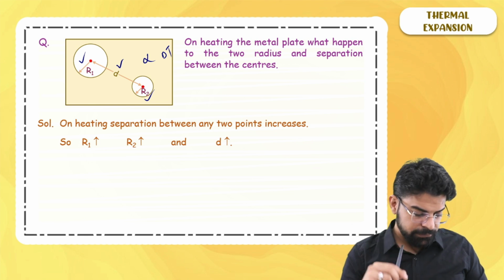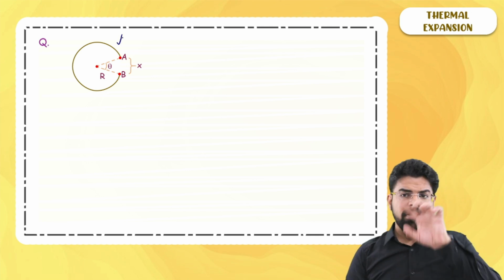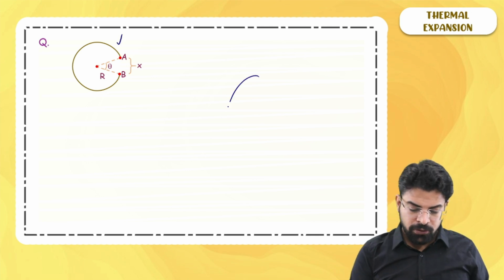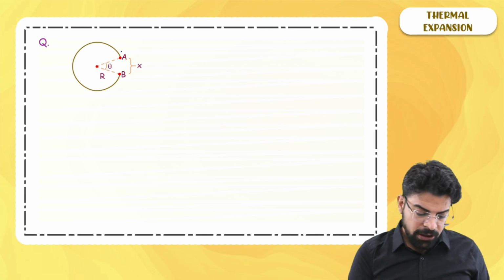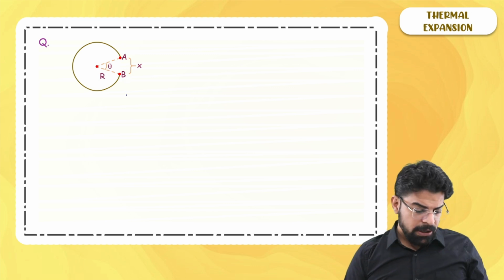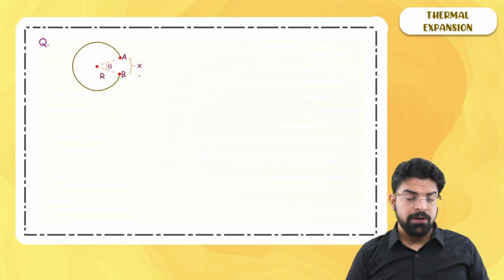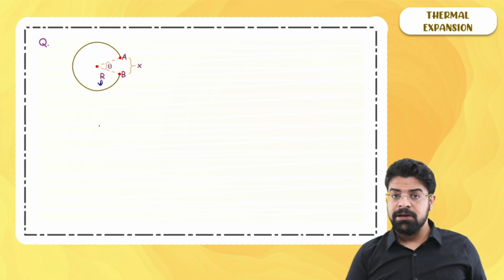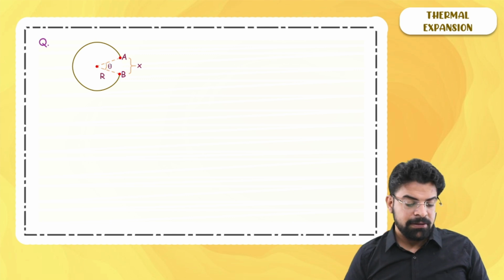Okay. Moving on. The question is, you have a ring with a cut. So you took a complete ring and some part of that ring has been broken. So now here you can see a point A, a point B and the rest of the ring. The gap between point A and B has a length x. The radius of this ring is r, and this arc AB subtends an angle theta at the center.